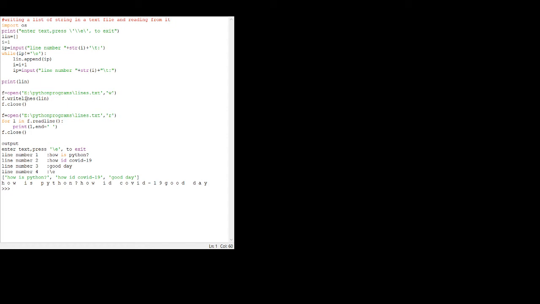The file name is, I have used the E drive, Python program folder, and the name of the file in which I want to save is lines.txt, and I want to open it in write mode. Write mode means output onto the file in a disk. And f stores it.